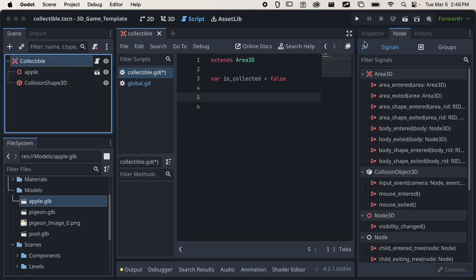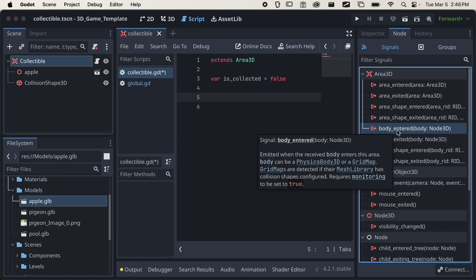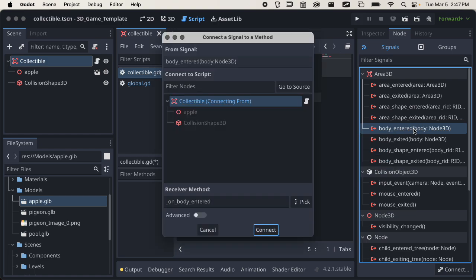I've got my items backwards today. Okay, so under the Area3D, which is this main node, we have different signals for when things happen. And the one that we want is the body entered. This is basically going to happen when the player enters this area. So if I double click on this signal, it's going to connect this event when the player enters this area